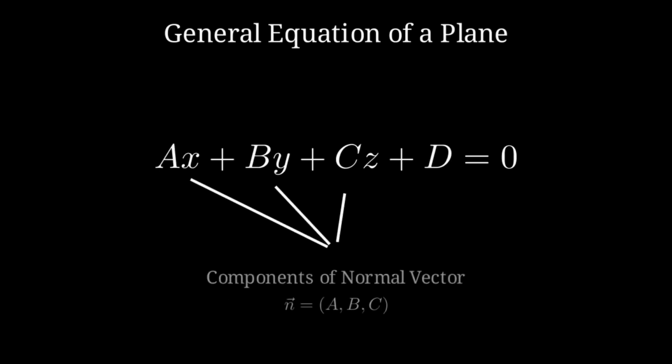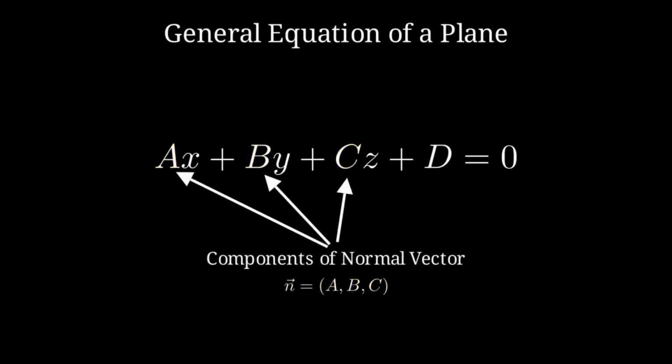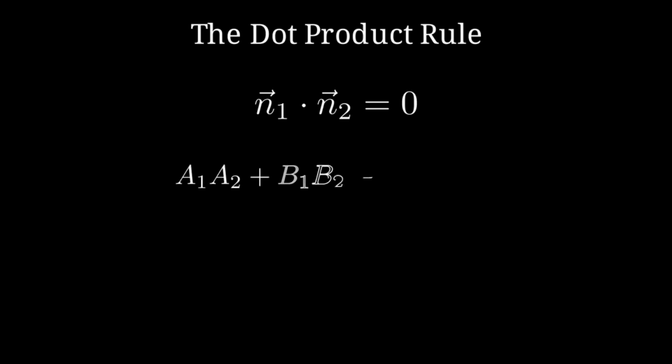The coefficients of x, y, and z, labeled a, b, and c, directly provide the coordinates for the normal vector of that specific plane. Mathematically, two vectors are orthogonal if their dot product equals 0. By multiplying the corresponding components of the two normal vectors and summing them up, we can quickly determine if the